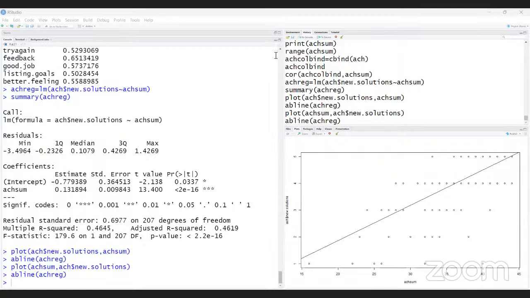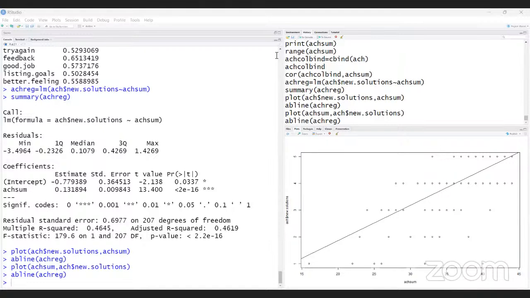So initially, I computed the row-wise sum. After that, I am making the column bind. That is the total data frame binded by the columns.